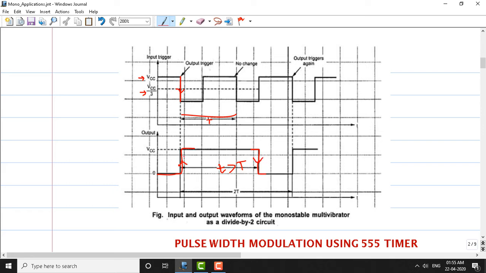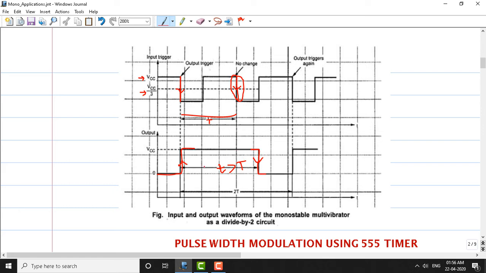Now this period should be larger than this time period here, because once again the second negative pulse comes here, but since this period is not completed, this negative going pulse will not affect the output pulse. So till the capacitor completely charges, I mean the time constant has elapsed, the output doesn't change its state. Even though this negative triggering pulse comes periodically, it will not affect the output waveform. Therefore, it stays at high only here.